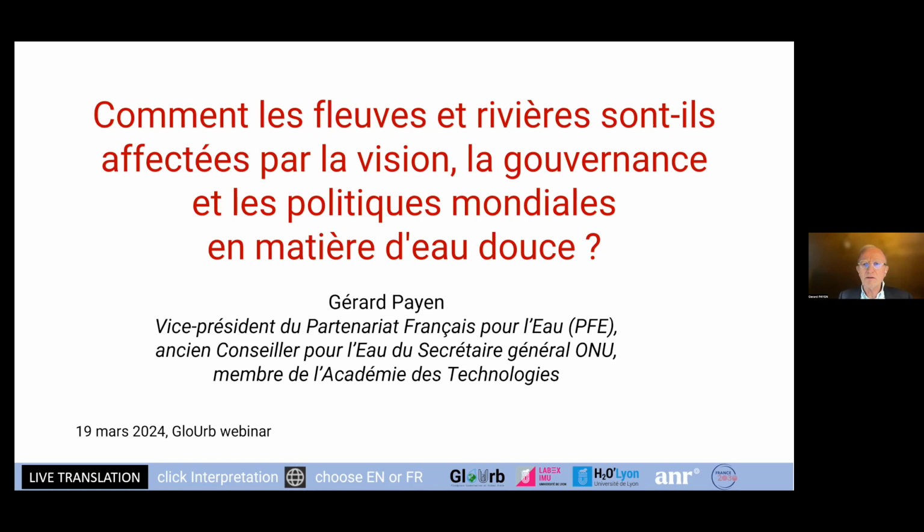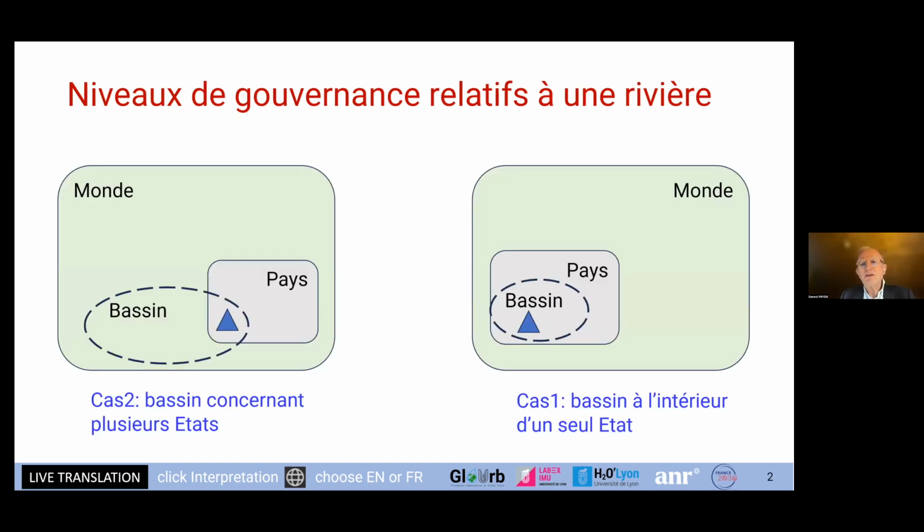The state has a role to play, especially when they have rivers going through them. And there are many individual interactions. And these, of course, have to be coordinated. There are collective actions as well. So this means that there are political challenges and challenges in relation to good governance. Now, good governance is something that can be expressed at several levels.